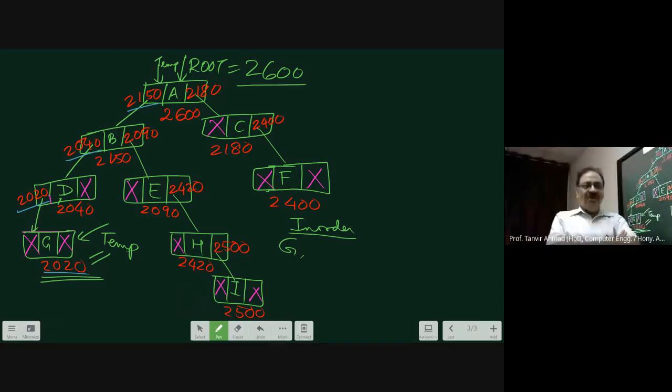Now I have temp over here. Now how to go back? Obviously you can't go back because the link is from the parent to child. There is no link from child to parent.